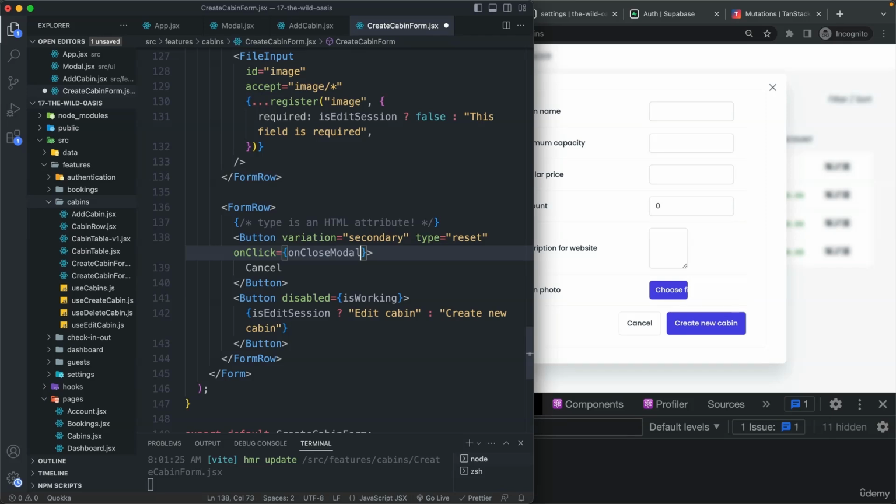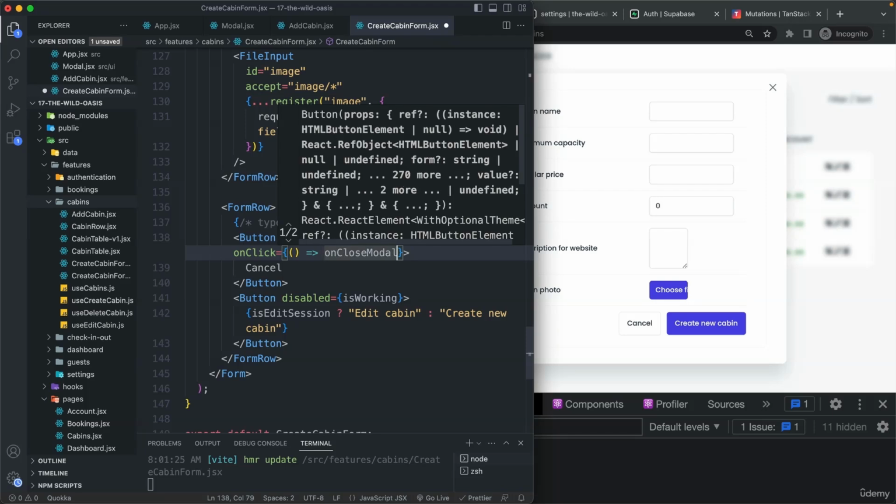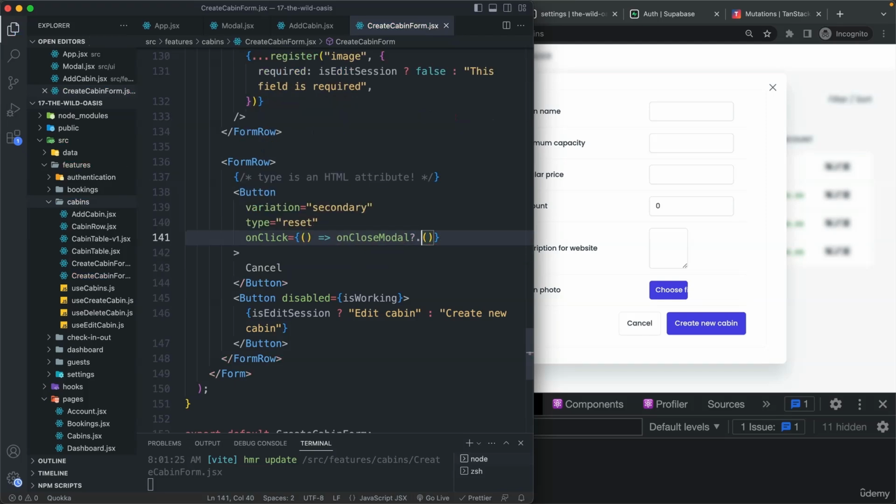And so if this form is ever used in some place where it isn't contained in a modal, then it's not going to receive this onCloseModal prop, right? And so that means that we need to call this function here conditionally, because again, it might not even exist. In that case, if it doesn't exist, then this will create a bug. So let's actually create a callback here, and then we can conditionally call a function with the optional chaining operator. So that's really convenient. And so if this is undefined, then the function will not get called because of this